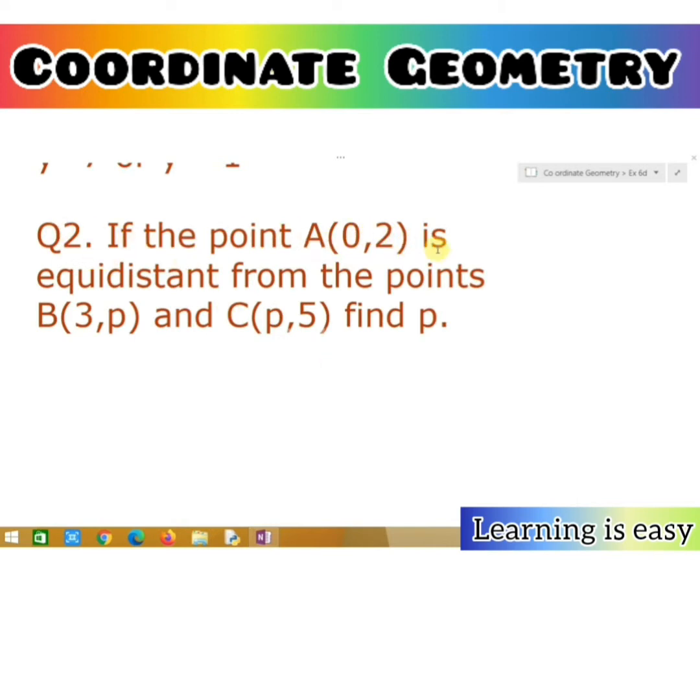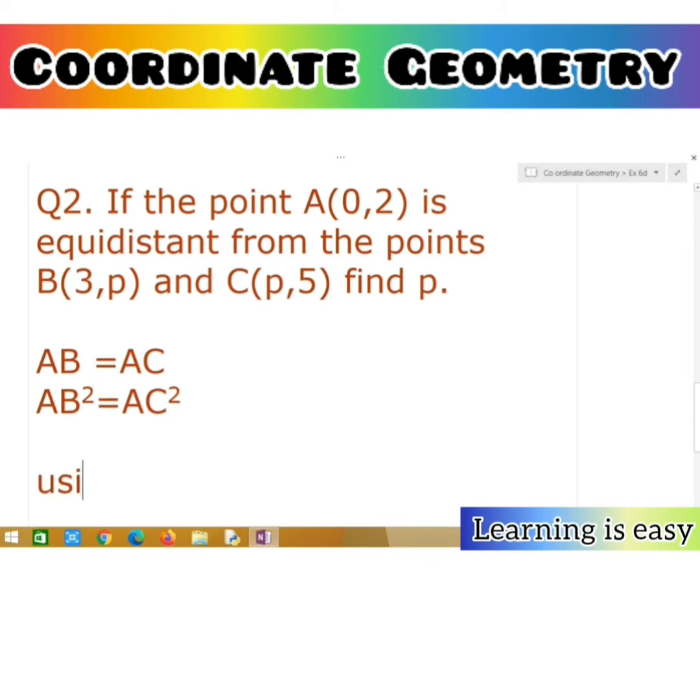Question 2. If a point A is equidistant from the point B and C. So equidistant again meaning AB equal to AC. And we need to find B. So from equidistant we can conclude AB is equal to AC. So AB square equal to AC square. So by using the distance formula,